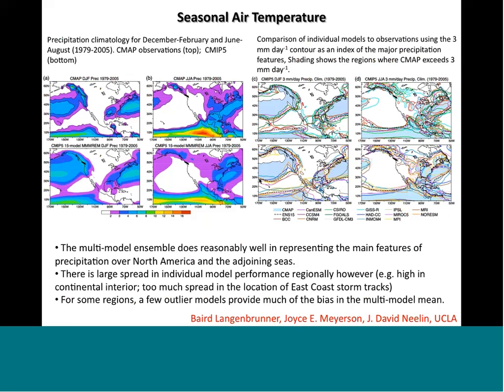This is an equivalent slide for seasonal precipitation, shown in a slightly different way. On the left here is the wintertime and summertime climatology of precipitation from the CMAP observations, and below that is the CMIP5 ensemble mean. Again, for the 2 seasons. Over on the right, I'll talk about this in the middle, is some contours for individual models, so you can see the spread. So back to the climatology and the multi-model ensemble on the left, again, you can see that